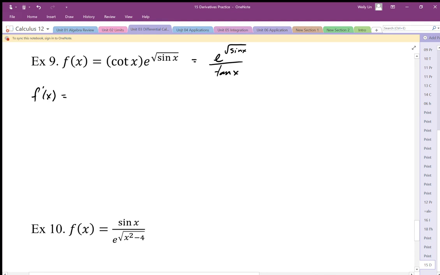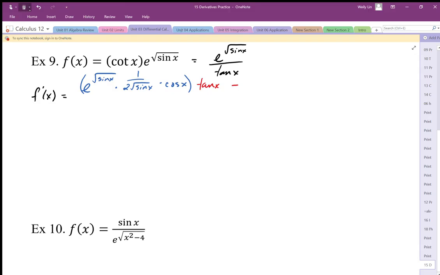But I'm going to use the quotient rule here, so I'm going to differentiate the numerator, and I'll do the numerator in different colors. So I'm going to end up with e to the root sine x times 1 over 2 root sine x. I'm differentiating the e, then I differentiate the square root, and then I differentiate the sine. So there's my chain rule for the numerator, and then multiplying by the denominator,